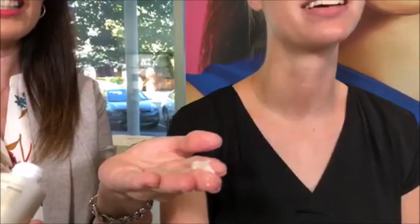I can't multitask very well, but we're getting this out. I took the lid completely off. You don't need to take the lid completely off. How big of a size do we need to use usually? I tend to use between a quarter and a nickel size. So this is not quite enough. I'm going to just dispense a teeny bit more. I also didn't put quite enough